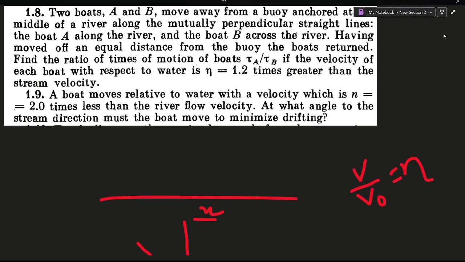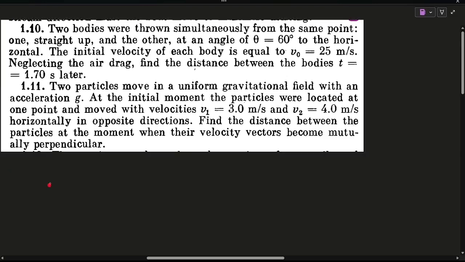Two bodies are thrown simultaneously from the same point, one straight up and the other at an angle to the horizontal. Find the initial velocity of each body, neglecting the drag. Okay, they tell us that